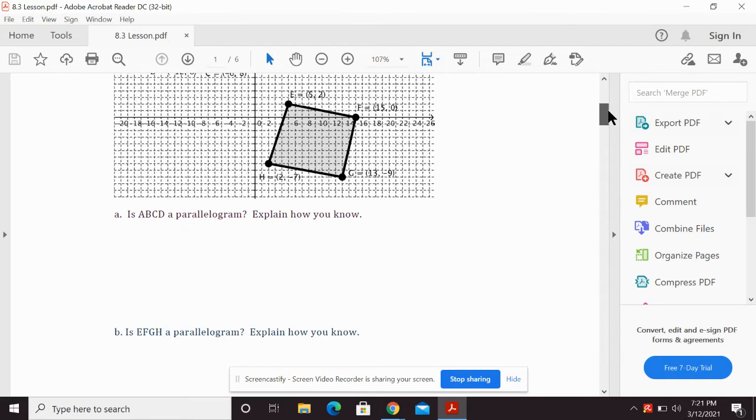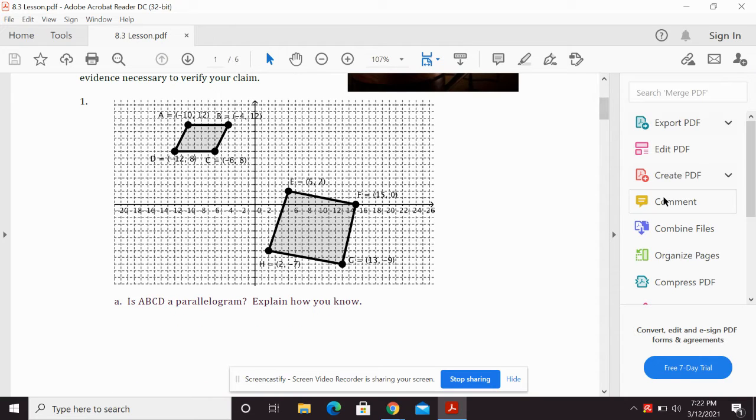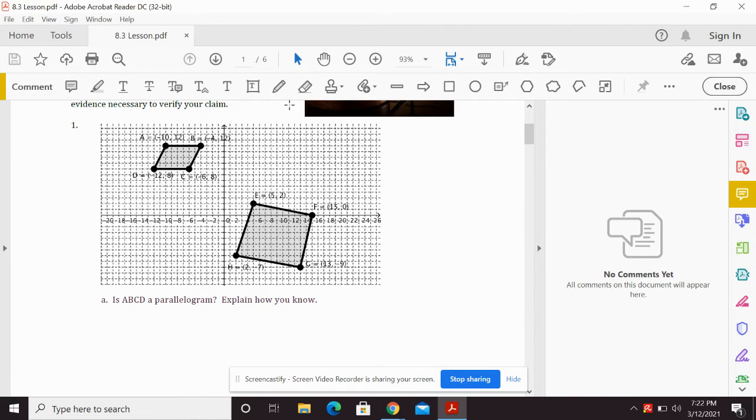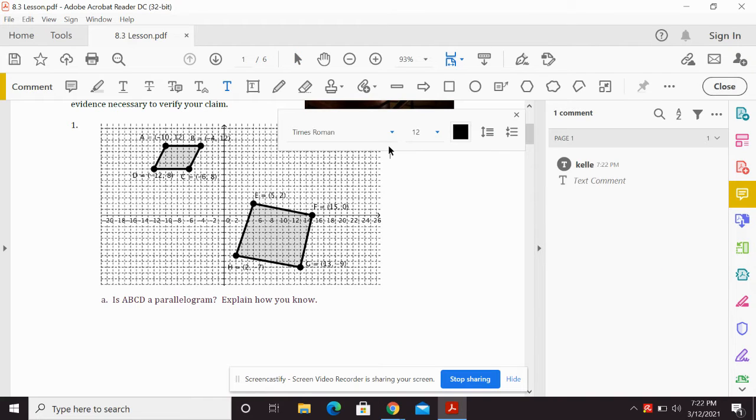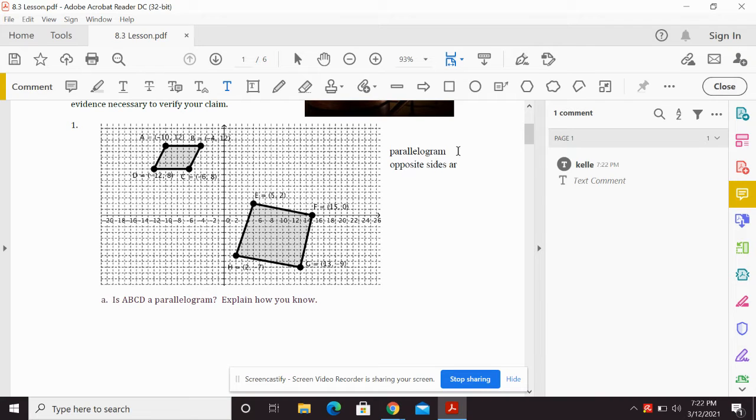All right, so now we're going to look at EFGH. Is EFGH a parallelogram? Explain how we know. So remember, to prove a parallelogram, we need to know opposite sides are parallel and congruent. All right, that's what we need to prove. Okay, so first, if these coordinates are kind of hard to see,